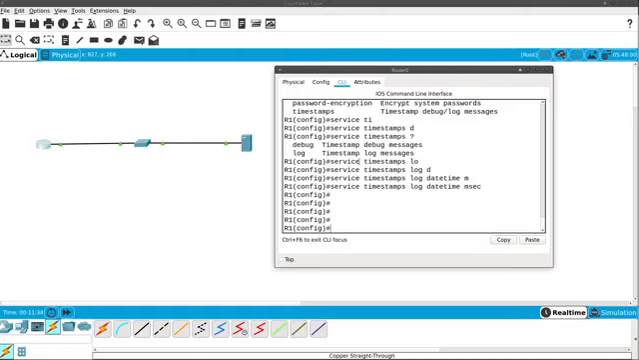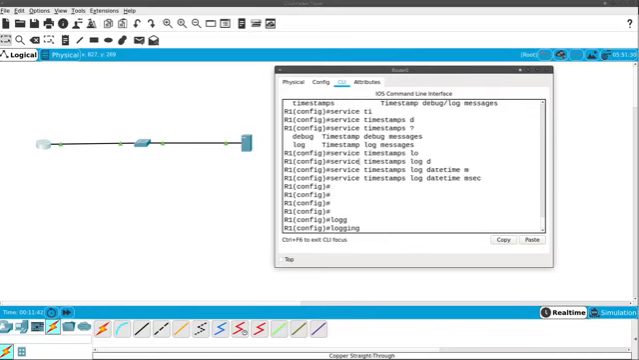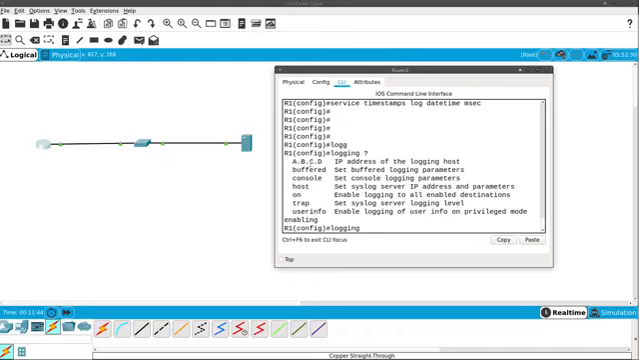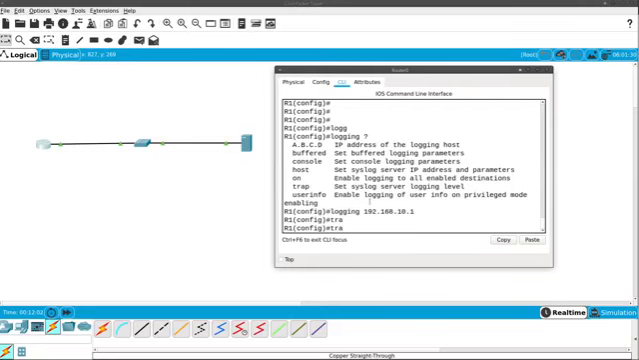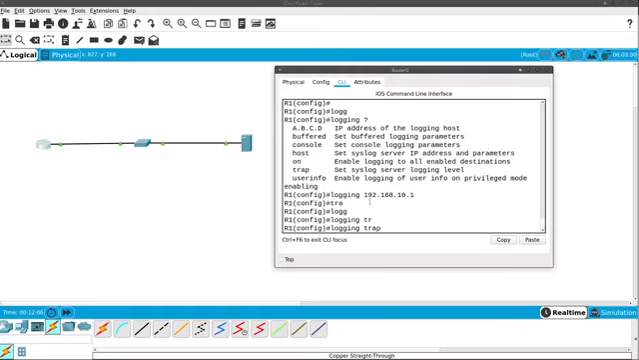And then what we will do is we will say logging, and we can literally just type in the IP address of our Syslog server at this point in time. Provided we can ping it, it will actually log to it. So we obviously need IP connectivity, but once we've got IP connectivity we're good to go. Syslog server's on .1. At that point we can set what we call the trap, so that's logging trap, and